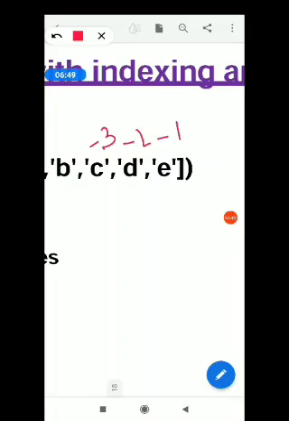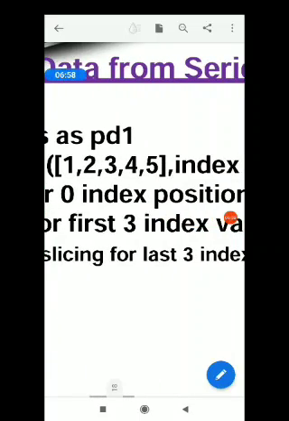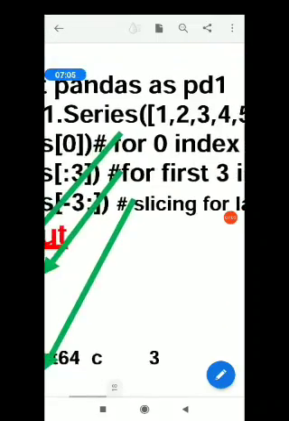So I will get the index locations C, D, E and their respective values. For the C, D, E index locations we have the respective values 3, 4, 5, which is not shown over here.